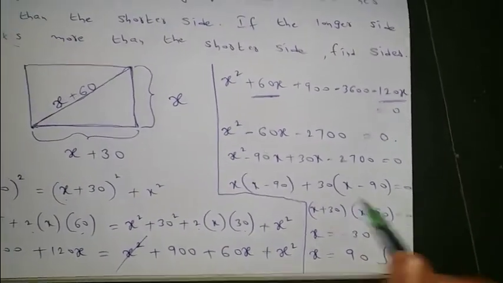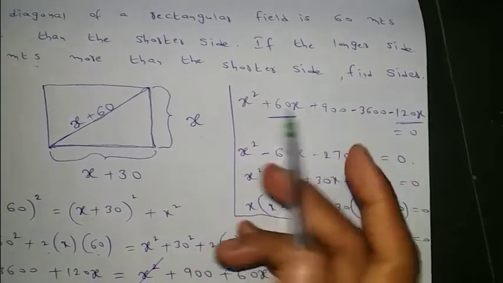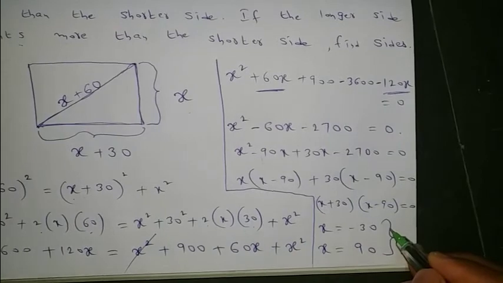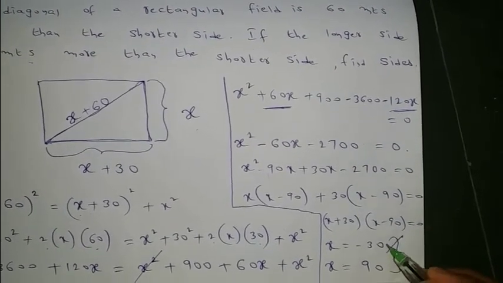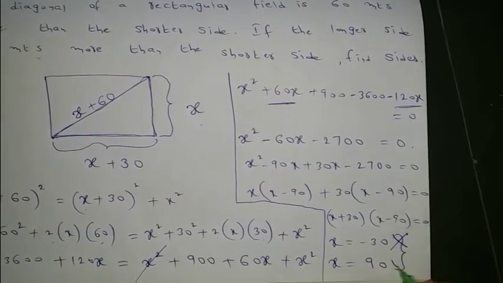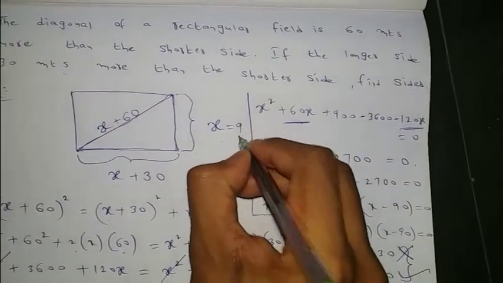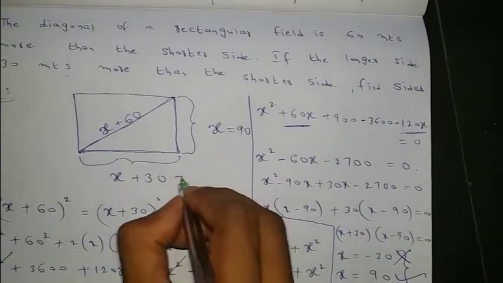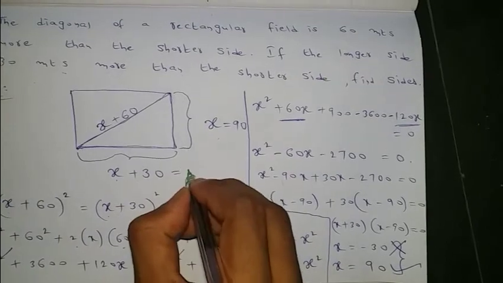Here x is nothing but the shortest side of the rectangle. So anyway, side of any rectangle won't be negative, so x value won't be minus 30, so x value is 90. It means the shortest side is nothing but 90. Then what about the longest side? Then 90 plus 30,